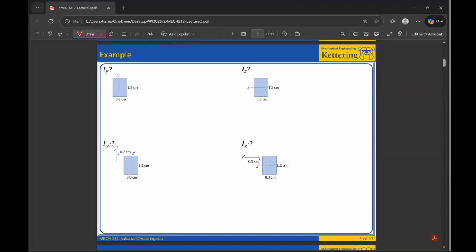Sometimes materials are thicker with respect to an axis, so then that measure should change. And we said I is a measure of resistance to bending. So for this geometry,